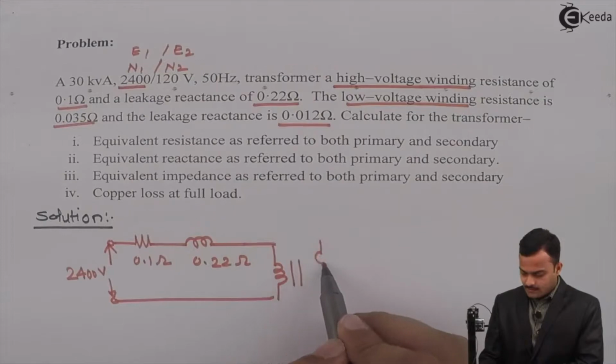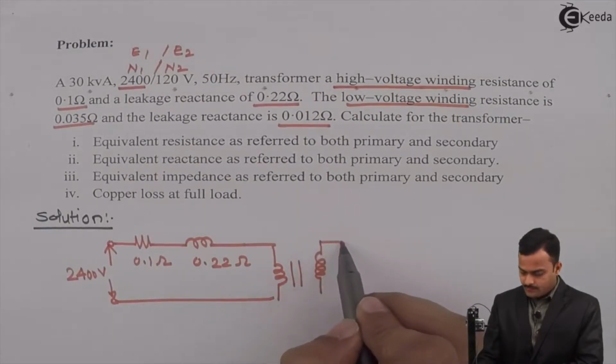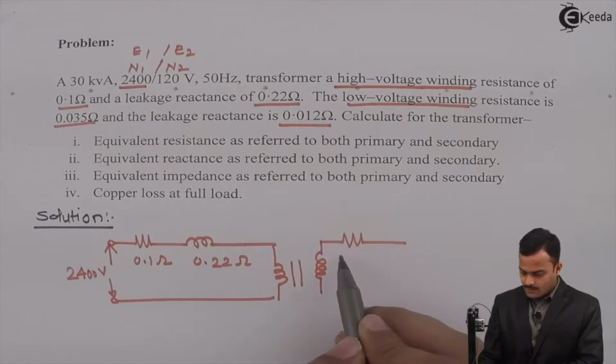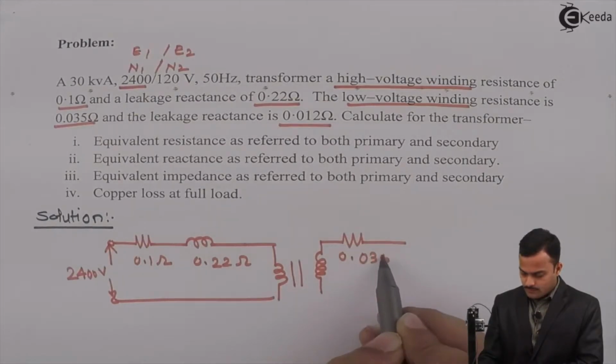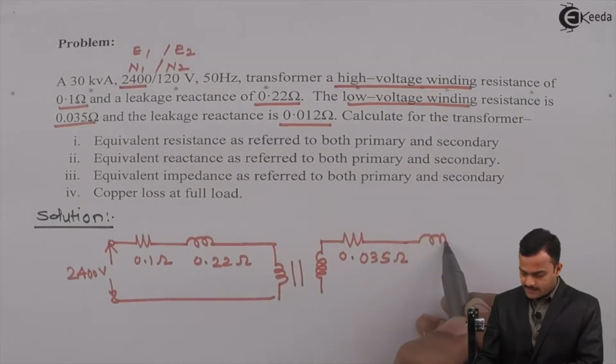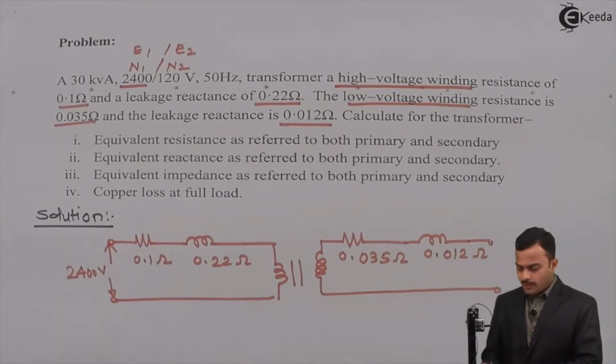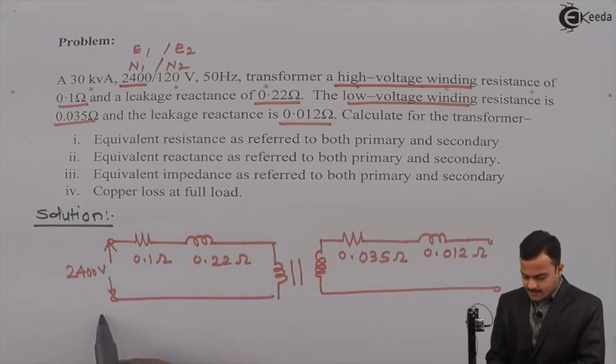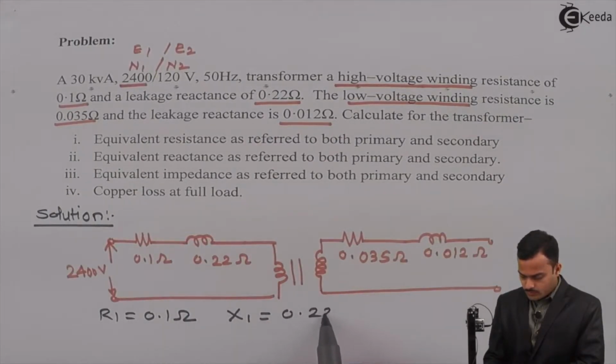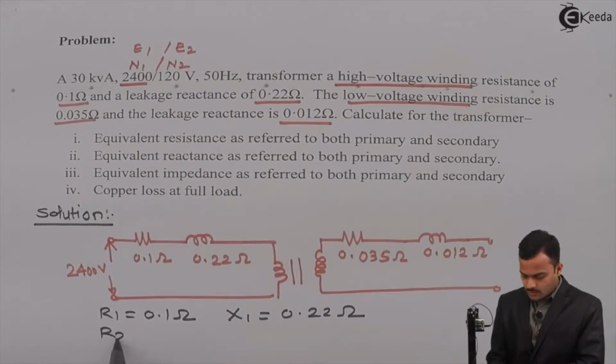and on the secondary side I will have resistance 0.035 ohm and leakage reactance 0.012 ohm. So from this, what I can say, R1 is 0.1 ohm, X1 is 0.22 ohm, R2 is 0.035 ohm and X2 is